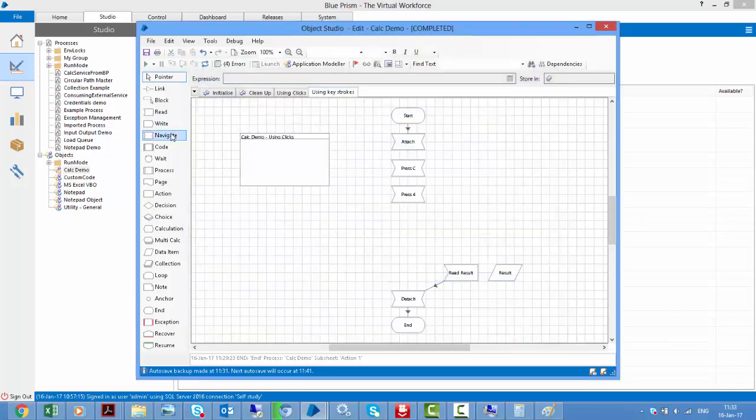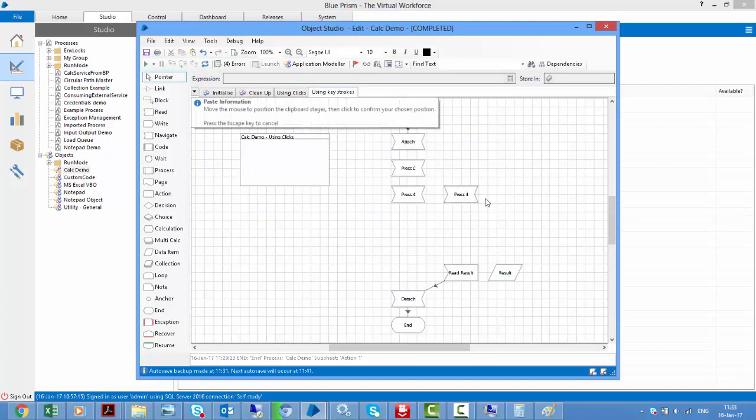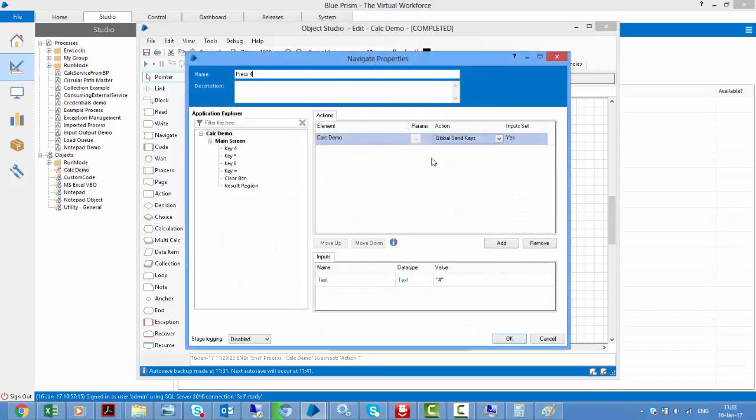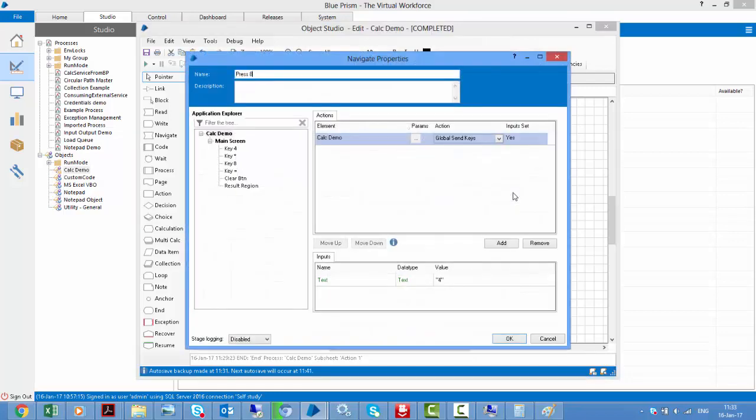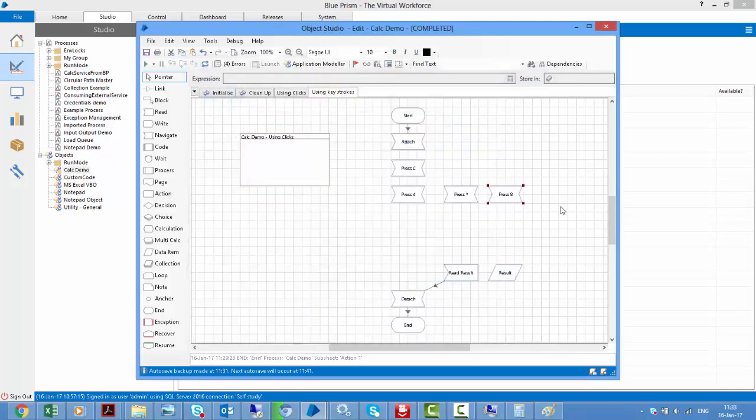We'll take another, let me copy paste this navigate stage. Though again I am taking a different navigate stage, you can do it in a single navigate stage as well. So I'll say press star, and here I'll use star, click OK. This would be press 8. Notice I'm not using the regions at all. I'm only sending the input to the global send keys. Press 8, and then